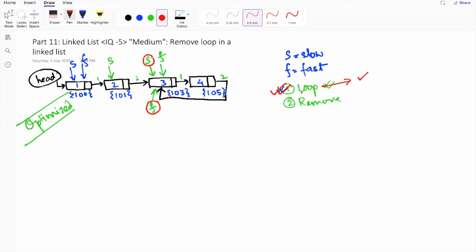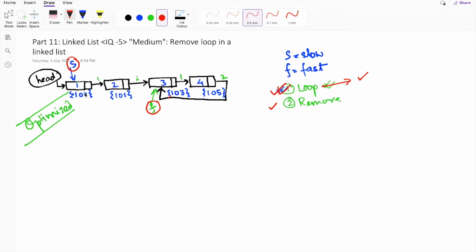Now our next step is to remove that loop. For this step, we will set the slow pointer back to its initial state, that is the head of the linked list. So right now our slow pointer is pointing to the first node of our linked list, and the fast pointer is still at the position where we detected the collision.